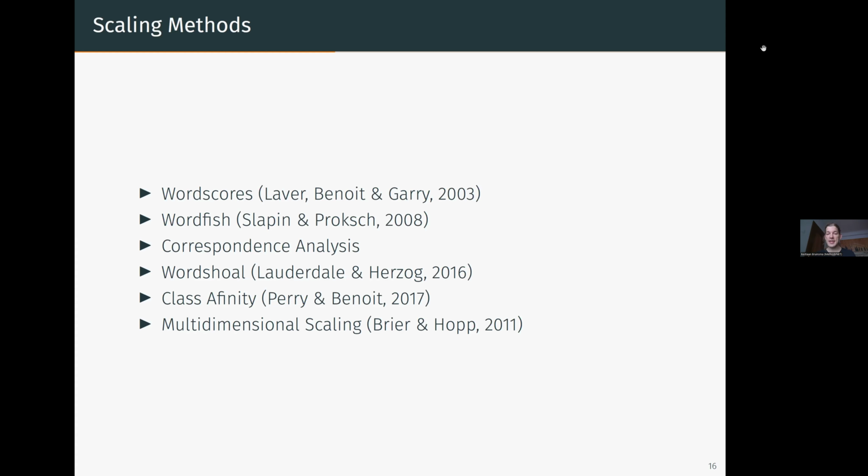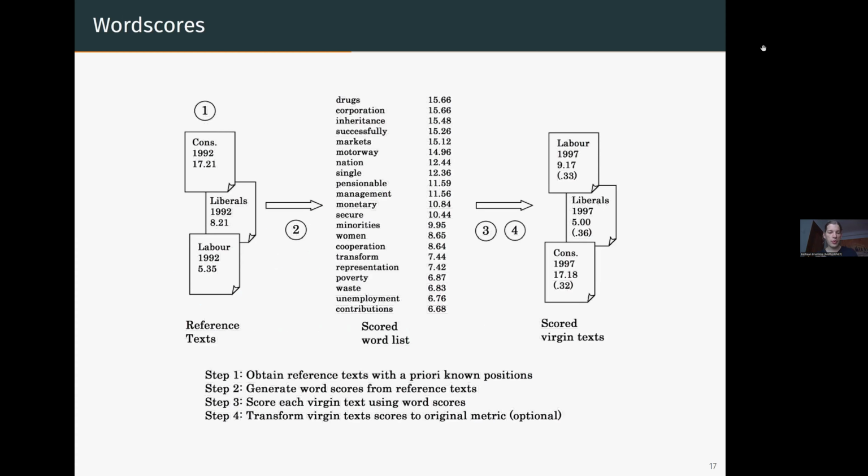Wordfish, which has just a single dimension and puts it on whatever it thinks is the main dimension. There's correspondence analysis, there's Wordshoal, there's class affinity, multidimensional scaling, all kinds of things that do roughly the same. So they scale something. And here, for example, you see Wordscores, already 20 years old right now, in which you basically have